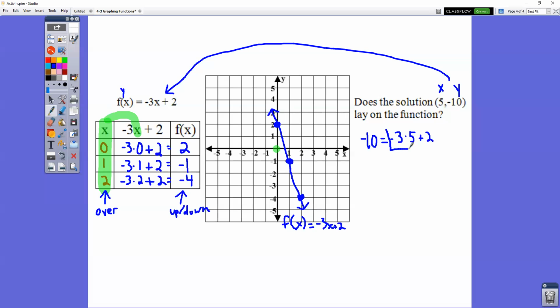You could take this and type it right into the calculator. -3 times 5 is -15, plus 2 is -13. Does -10 equal -13? No, it doesn't. Therefore, our answer is no. One of the biggest mistakes that people make in this is, remember, graphing your points. Your x value is how many we go over. Your y value is how many you go up or